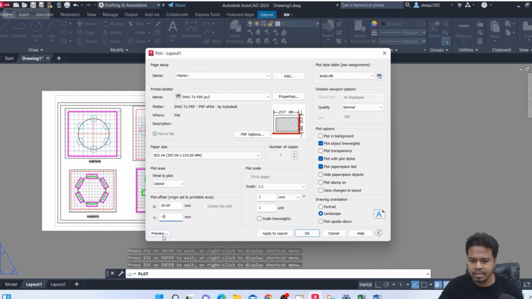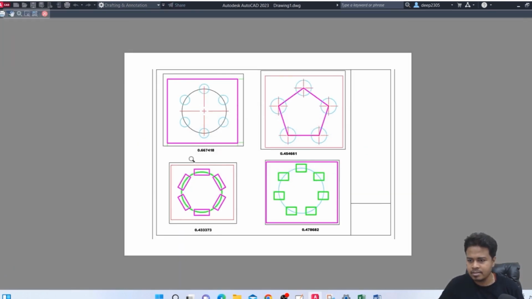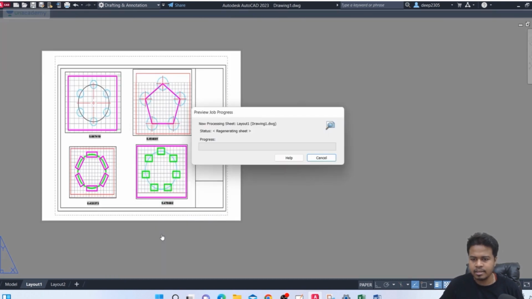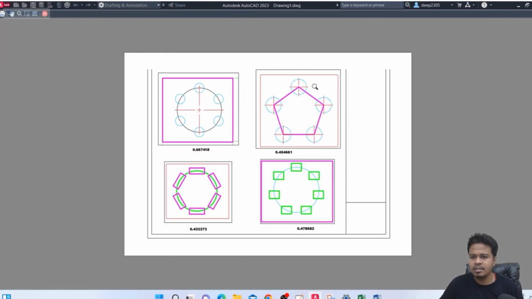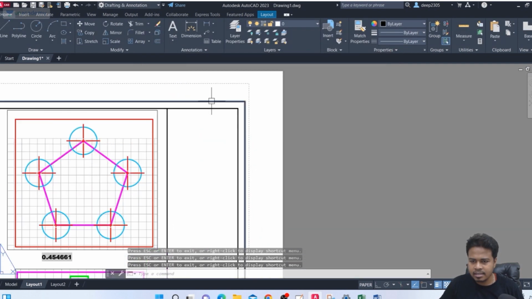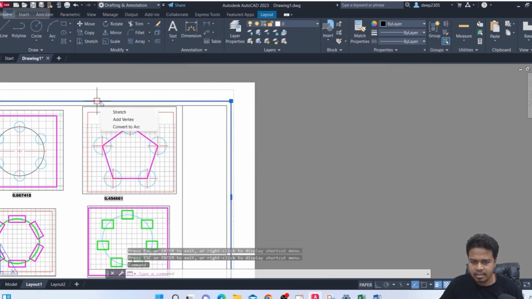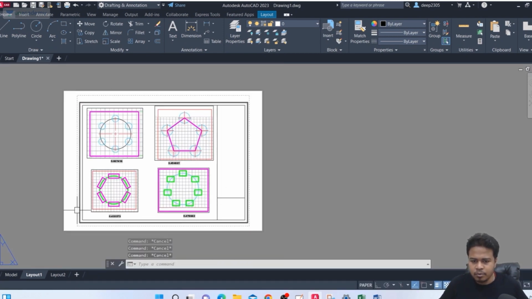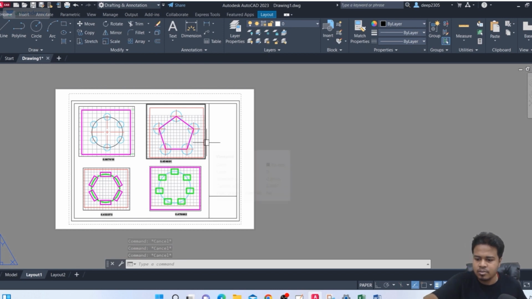Now let us see the preview. See, it is showing like this. Still, let us do it as 15 and it should be minus 4. So preview it. Now you will see like this. Okay. If it is not happening, we can do one thing. See, I have moved a bit this one. So plot,